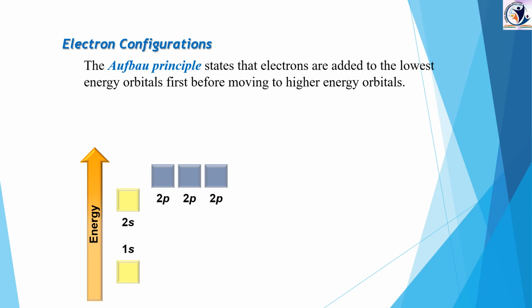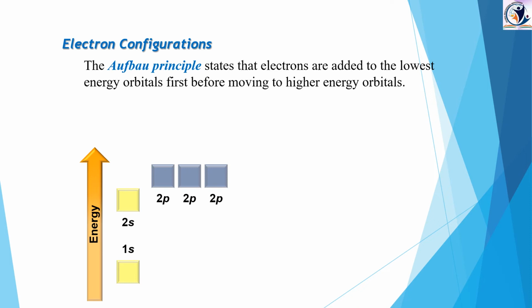But in the third shell there should be 3 subshells: 3s, 3p, and 3d. Whenever we are arranging the electrons, after 3s and 3p, 4s comes, then 3d. Why? 4s has the value 4 and 3d has the energy level 5. That is what the Aufbau principle is saying: the electrons should be added to the lowest energy orbitals first before moving to the higher energy orbitals.